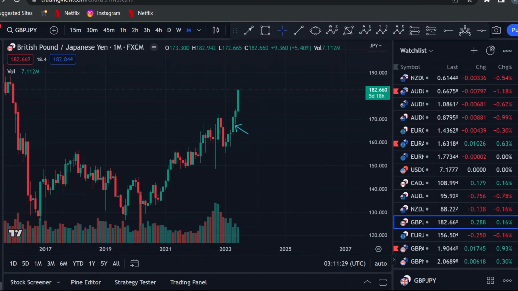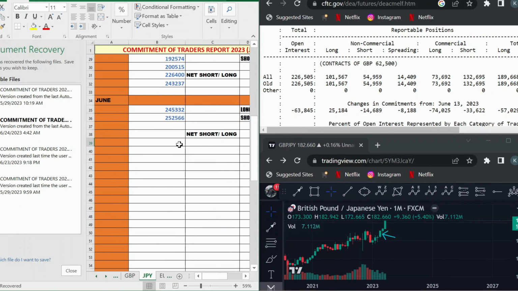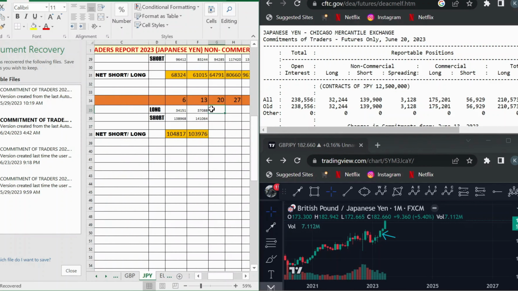So let's move on to the Japanese yen. So the open interest here is 238,556. The shorts are 32,000,244. Longs are 139,900. So the net short difference is